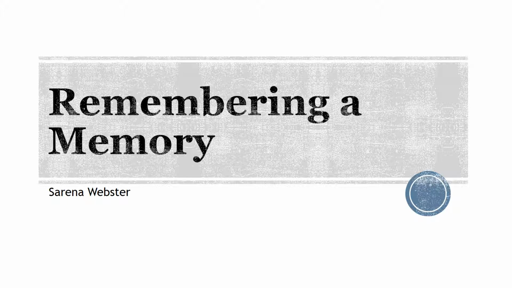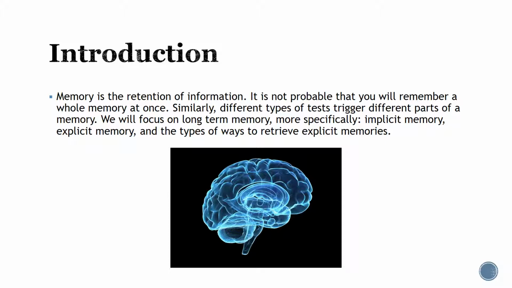Remembering a memory. Memory is the retention of information. It is not probable that you will remember a whole memory at once. Similarly, different types of tests trigger different parts of memory. We will focus on long-term memory, more specifically implicit memory, explicit memory, and the types of ways to retrieve explicit